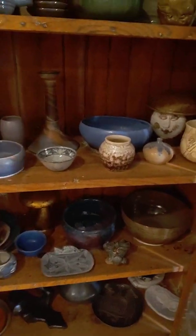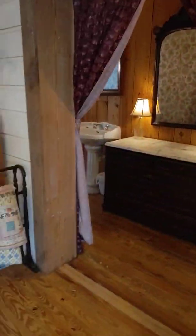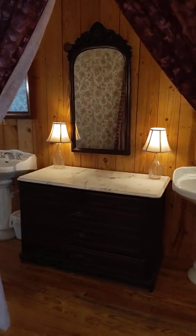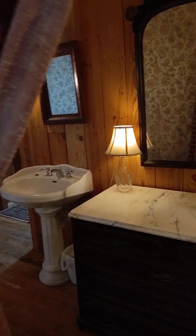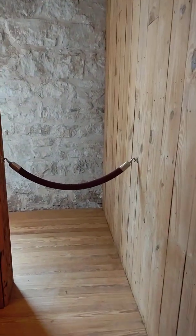Some interesting pieces in there. Let's go and check out the bathroom just because it's really cool. So you walk in here, and it has the sinks. You walk around. There's a door that goes into that room, and they have this interesting